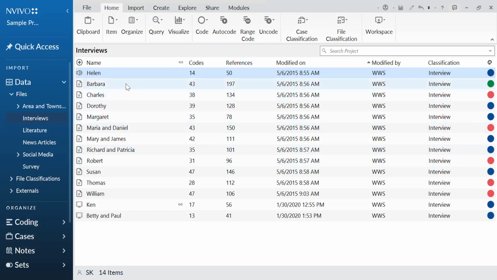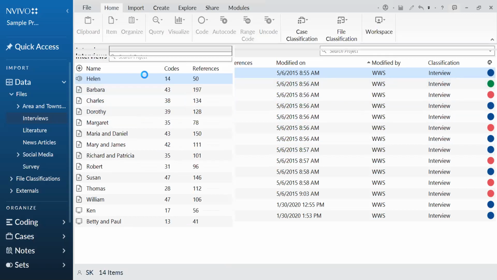Okay. So if I look at Helen's interview here, there have been 14 codes used 50 times. So the researchers coded Helen's data with 14 different codes, with 50 references, meaning they used those codes 50 times. And if we double click on the file name, Helen,